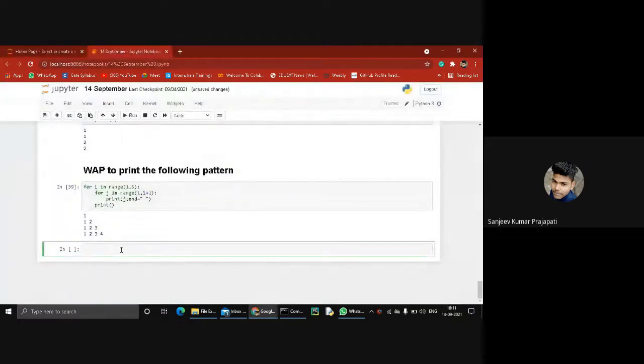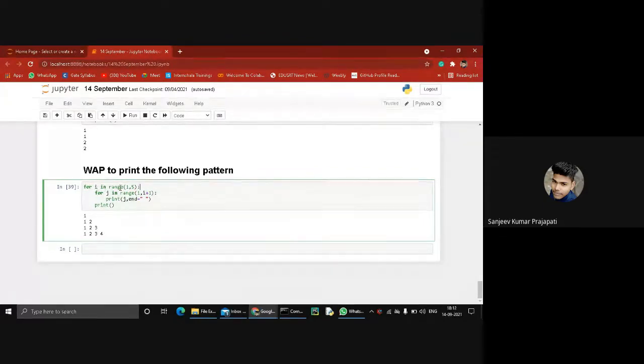Okay. So how to print this pattern? The code is the same as this, so I explain this code. In the initial condition, for i in range, the value of i is 1. Then it goes to the next loop, for j in range 1 comma i plus 1.